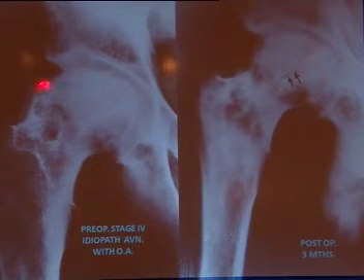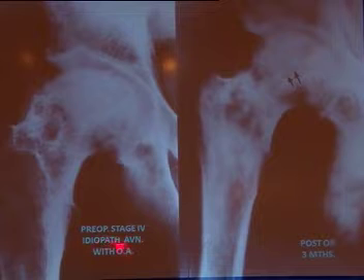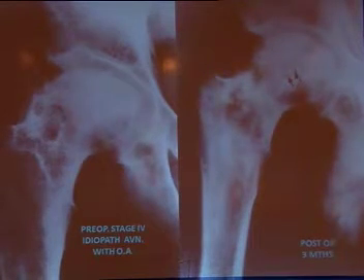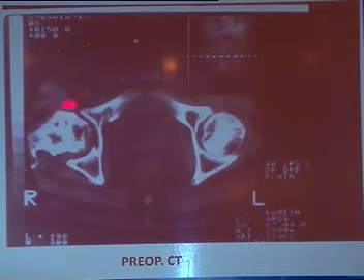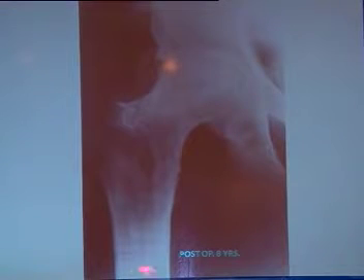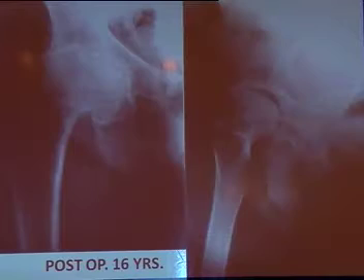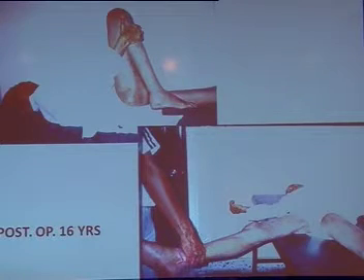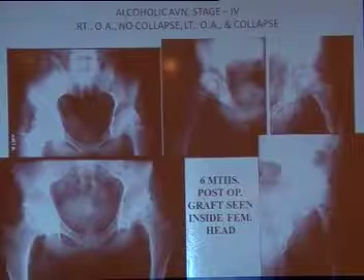And this is stage 4. You can see here an idiopathic stage 4 osteoarthrosis, gross osteoarthrosis. The preoperative CT scan shows gross degenerative changes. Whereas at 8 years follow-up, the degeneration is controlled, a little bit controlled. And this is the 16 years follow-up. See, the articular surface is relatively maintained, especially in the lateral view, and there is a significantly improved clinical photograph.